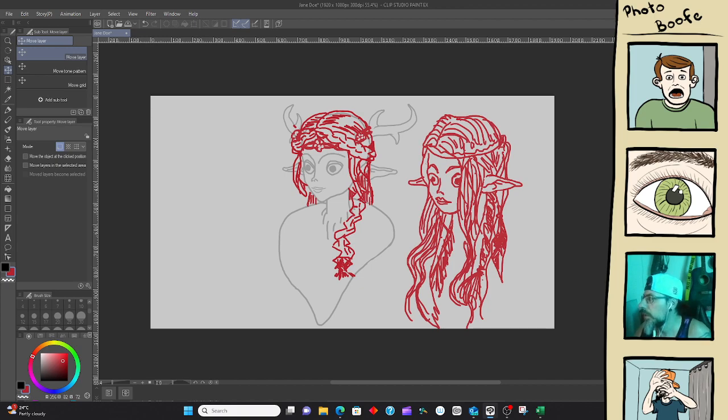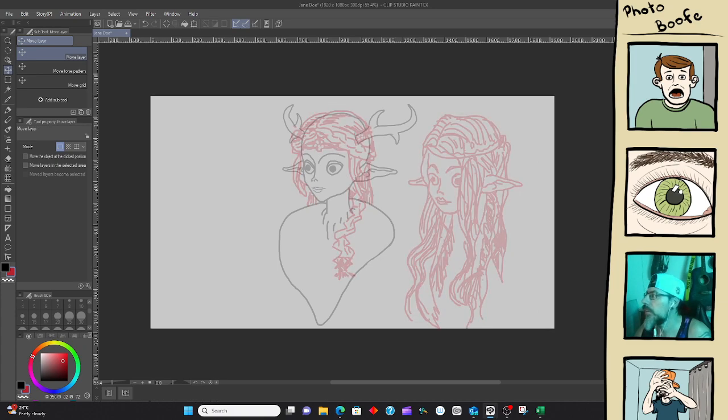So let me first of all just lower the opacity on this to something like that. I do like the partial cover of the face. I might do a bit of a blend, I think, of the fringe coming out more out the side of this band.